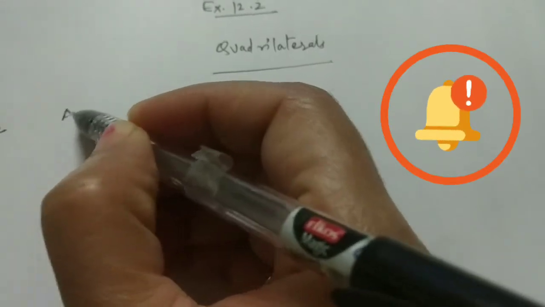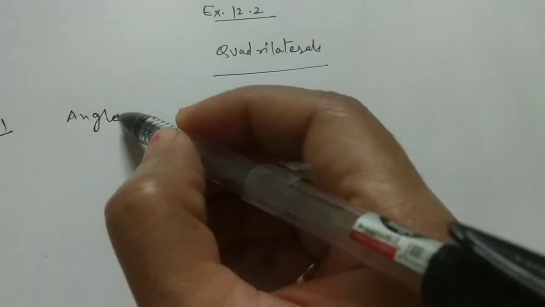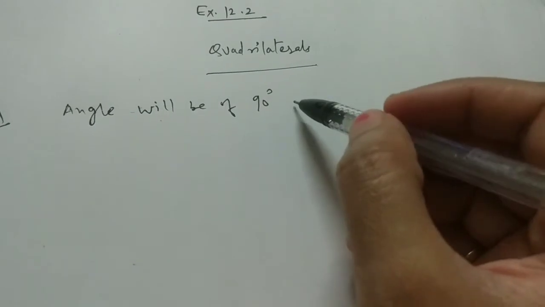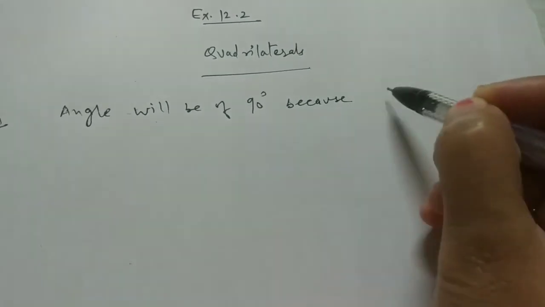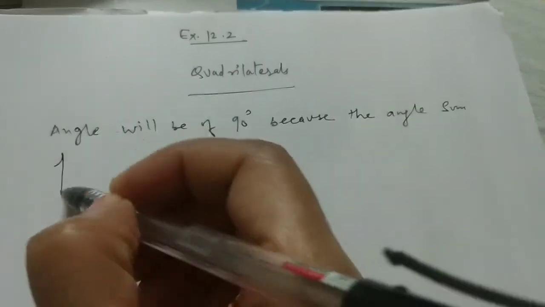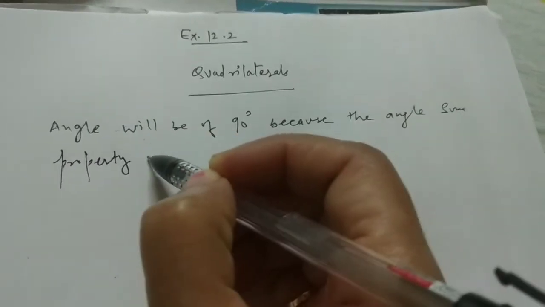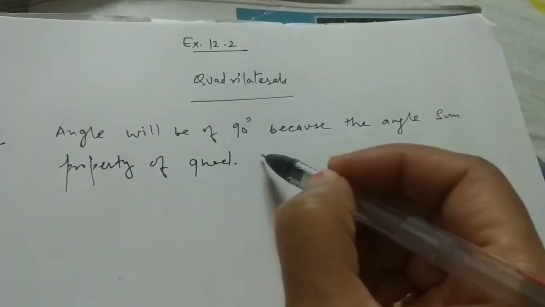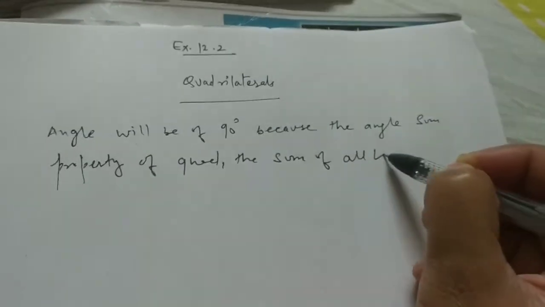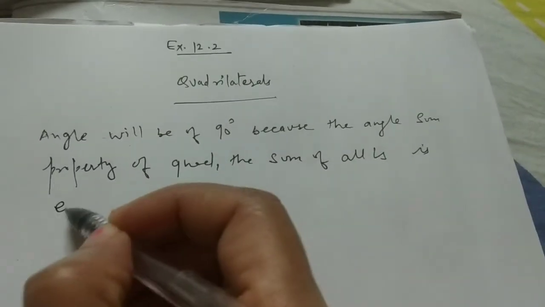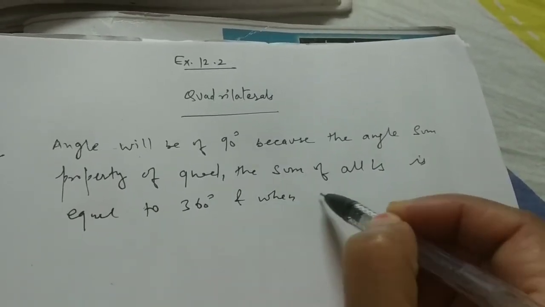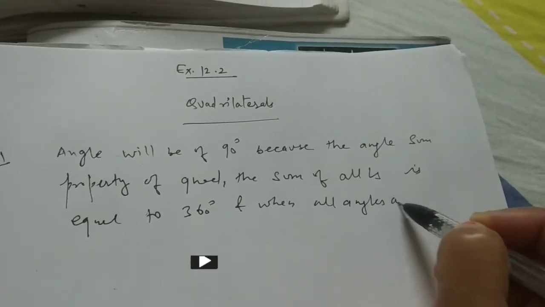We would write angle will be of 90 degree because of the angle sum property of quadrilateral, the sum of all angles is equal to 360 degree, and when all angles are equal